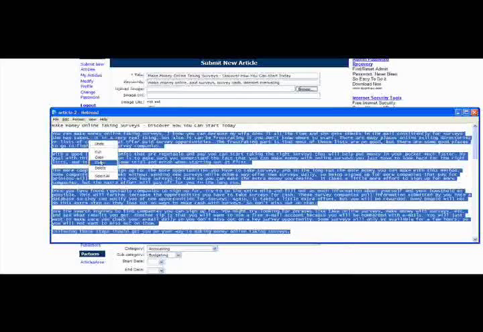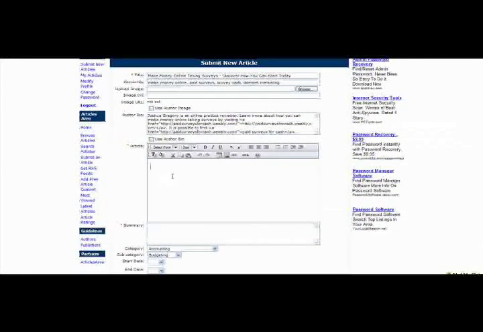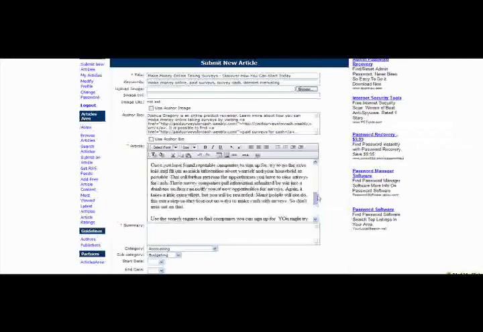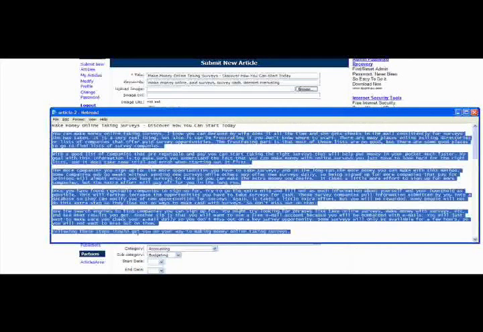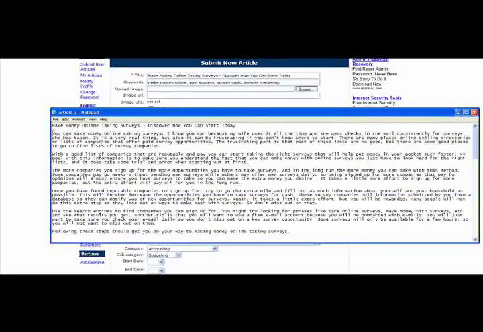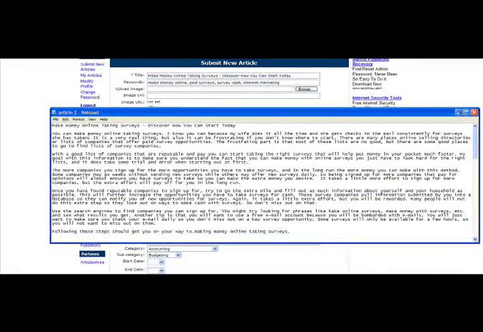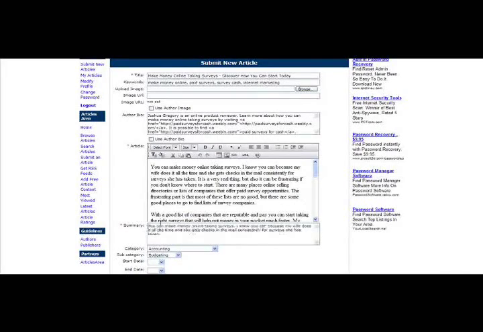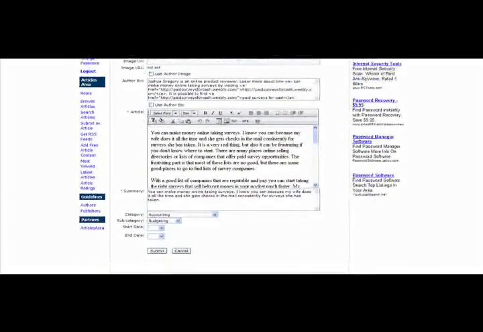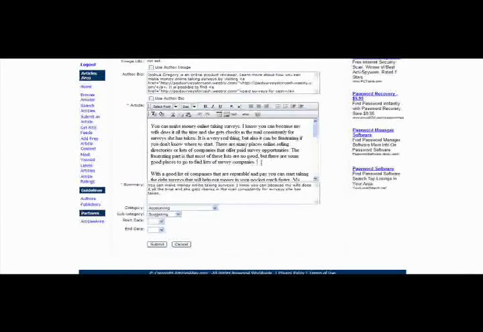So to make it copy, you can either right click on copy, or you can just hit Control C, and that will help copy the content for you. So now where it says summary, I'm going to go ahead and just take the first couple sentences that we have here, or first sentence. In this case, you can do first sentence, first two sentences. It's totally up to you how you want to do that. That's simply the easiest way I found to make this work.